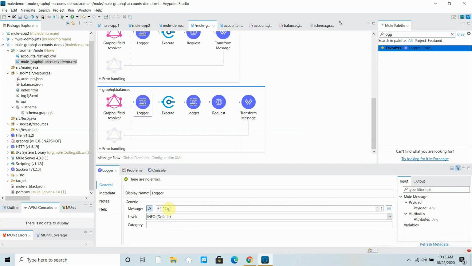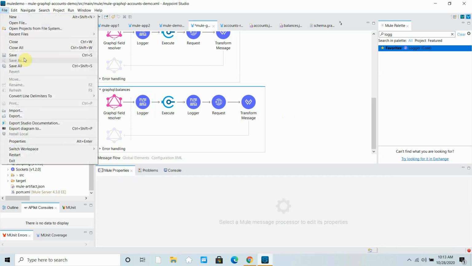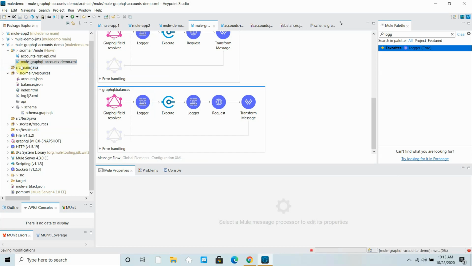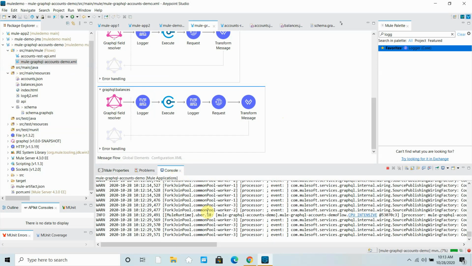I can say calling balances resolver. Now you can save everything so we can see in the log what happens. Let's wait while it's deploying the application.